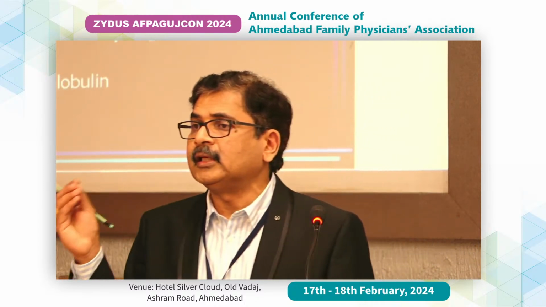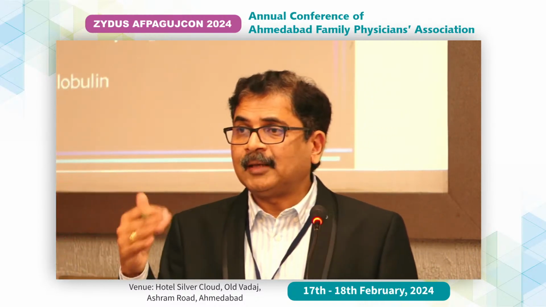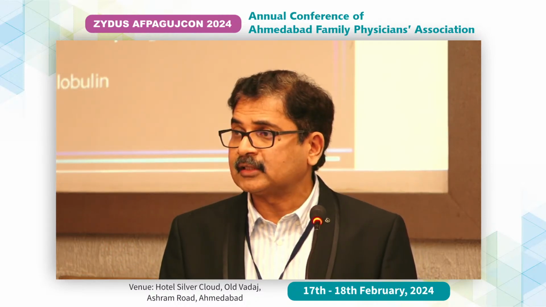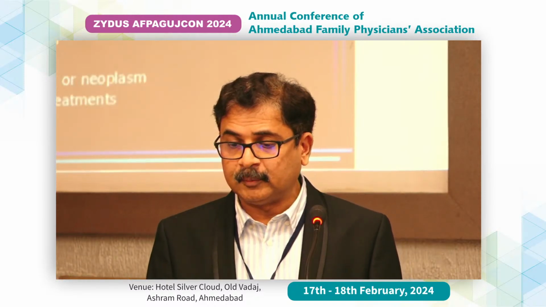Now I'll quickly just run through ITP because it's a common problem. Typically the initial treatment is all steroids. Sometimes beyond that, if you want to reduce the antibody titers, we give immunoglobulin, splenectomy, and sometimes rituximab, which is a newer drug which is now available for the treatment of ITP.